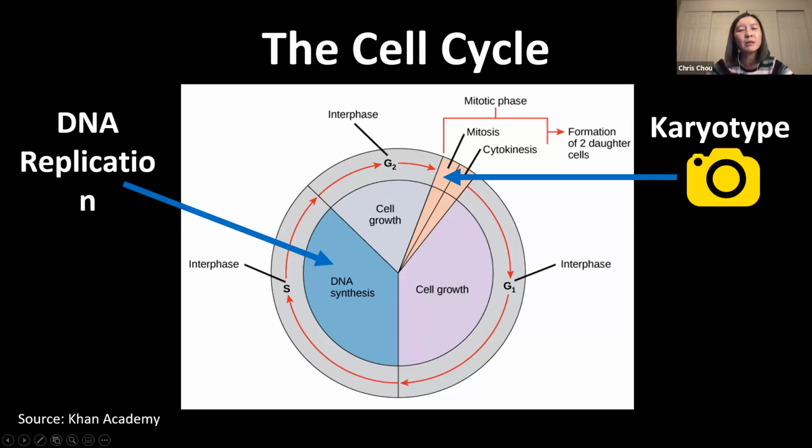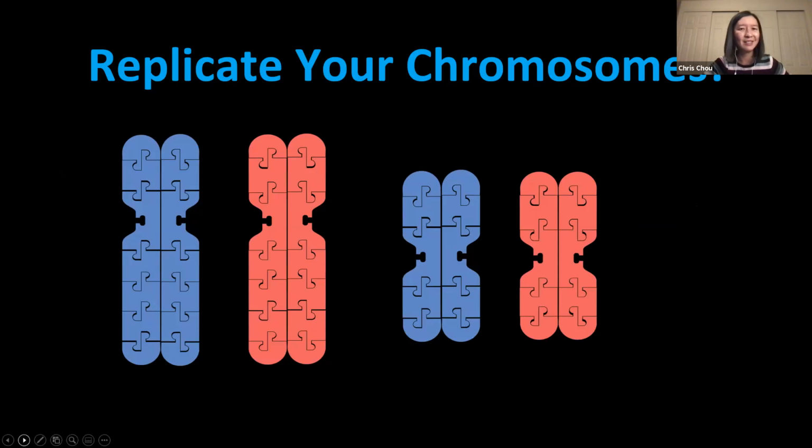And then once the cell goes into the mitotic phase, during metaphase is when development is arrested to be able to take a picture of those chromosomes that have been condensed, and it's easiest to see them at that point. So it's helpful to have students know where these pictures are taken, where they're coming from. All right, and so let's do that right now. Let's do that mitosis,